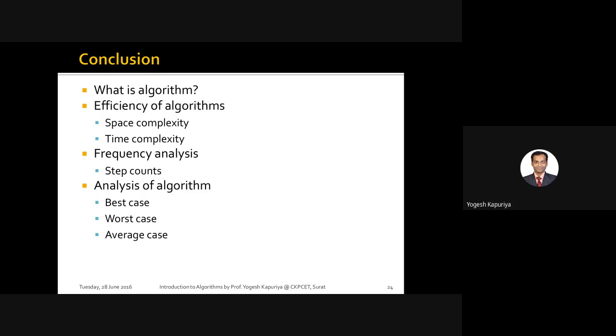So let's say the algorithm is to compute the length of the string which is written in some text file. If that is your problem statement, then we don't consider the size of that text file for a space complexity calculation. We only consider the variables which are used to calculate the length of that file. I hope you understood the difference.